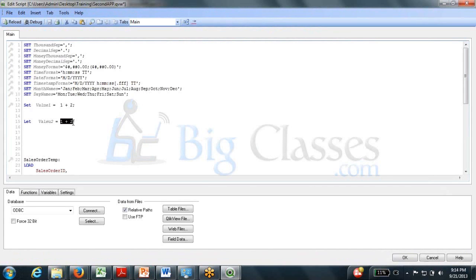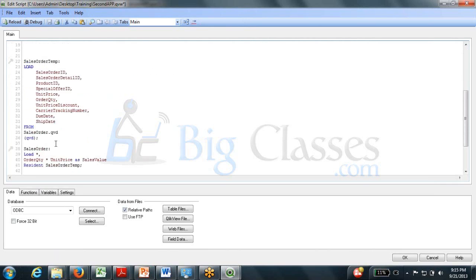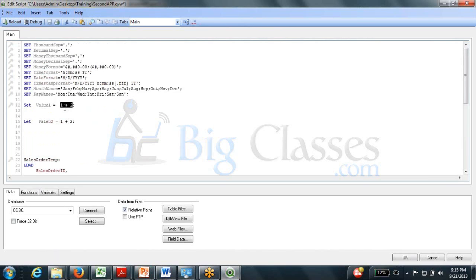So let evaluates the expression, whatever value you give. If you give 1 plus 2, it evaluates it. And set is basically plain Jane expression setting, so 1 plus 2. You want to refer this in your script. Set is, suppose you don't want this 1 plus 2. Yeah, now what happens is,